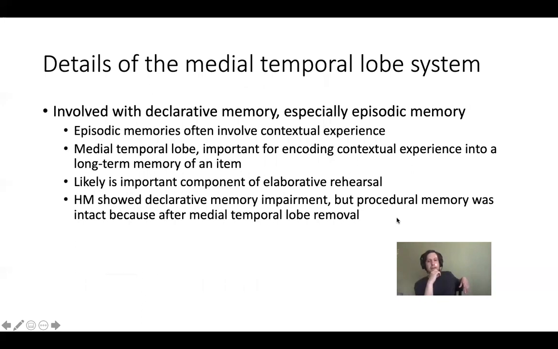Okay, so we've been talking about elaborative encoding, and particularly the method of loci. That was an example in which you were creating declarative memories, memories that you can verbalize. These are the words that were in the list. But the method of loci is an interesting type of elaborative encoding because it's tied to contextual experience. It's your ability to connect objects, items, to a context in which the item was experienced, or at least you thought about experiencing the item.